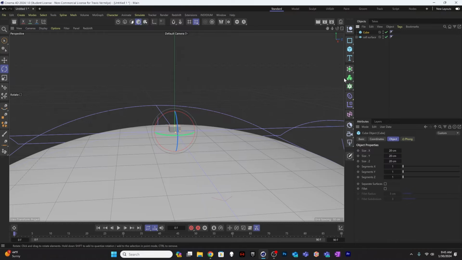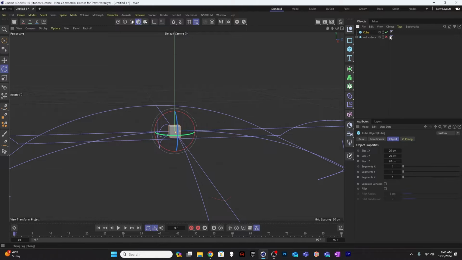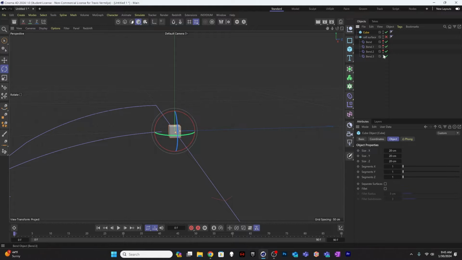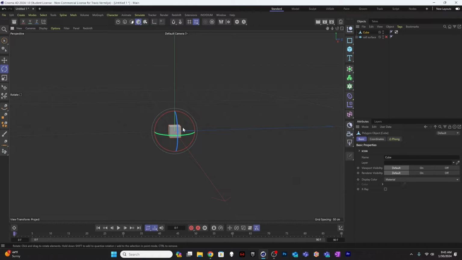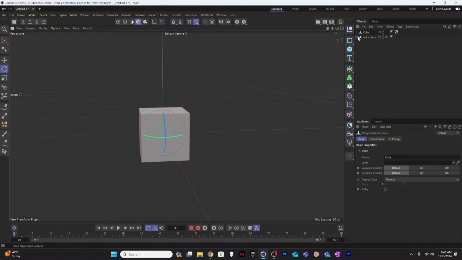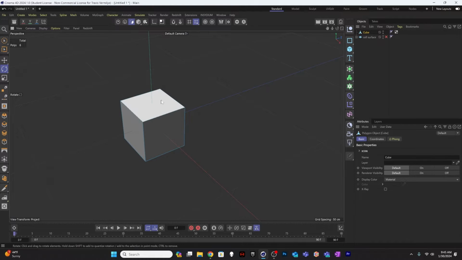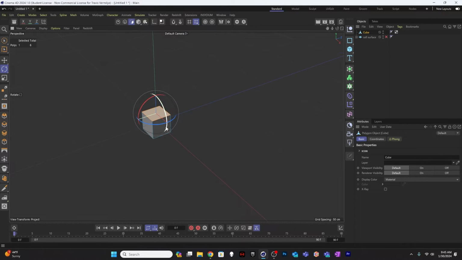I'm just going to make a very, very simple one. Let's hide our cell surface. Let's open this up and hide our editor versions of the deformers so we don't have to keep looking at them. And now I can make my cube editable by hitting C on my keyboard or hitting the Make Editable button here. And I'm going to use my extrude function